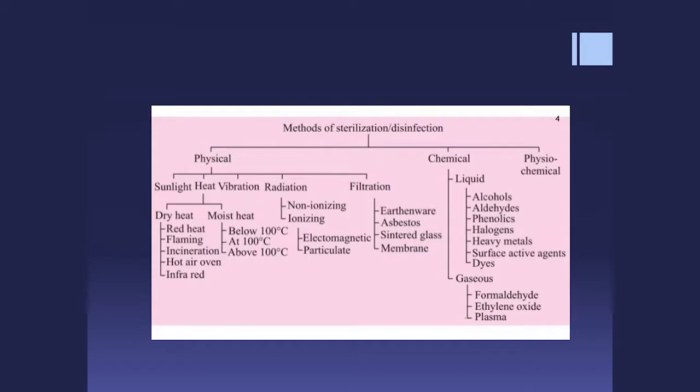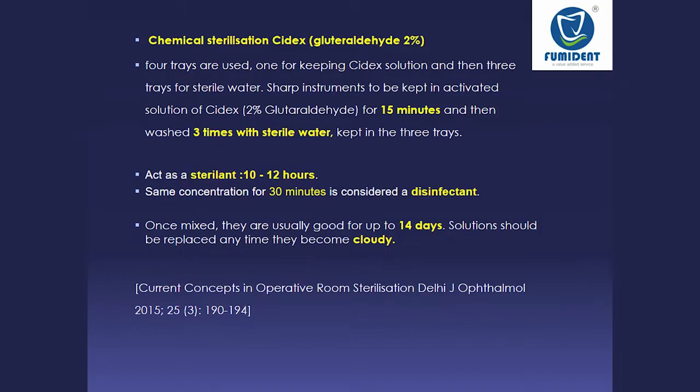So coming to the method of sterilization, now we have packed our instruments and we have to put them through sterilization. There are different sterilization methods available, but we will see 2 methods only: one is cold sterilization and one is moist heat sterilization, because these are the only 2 procedures we usually follow. For chemical sterilization, there are different chemicals available, like Cidex is one of them, and there are many other chemicals available in the market.